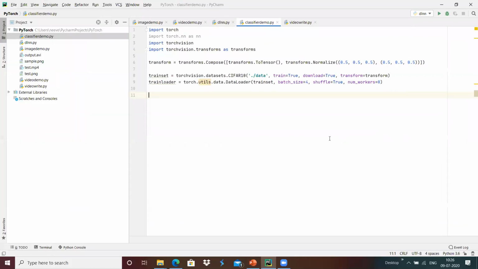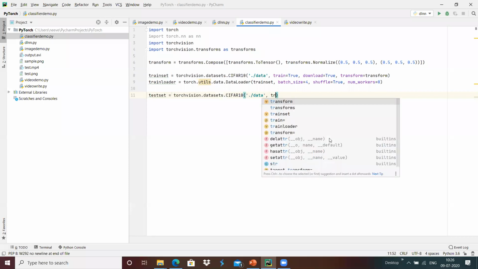For example, if we wanted to load the test set, we can load it in the same manner with torchvision.datasets.CIFAR10 of './data', and this is the test dataset.